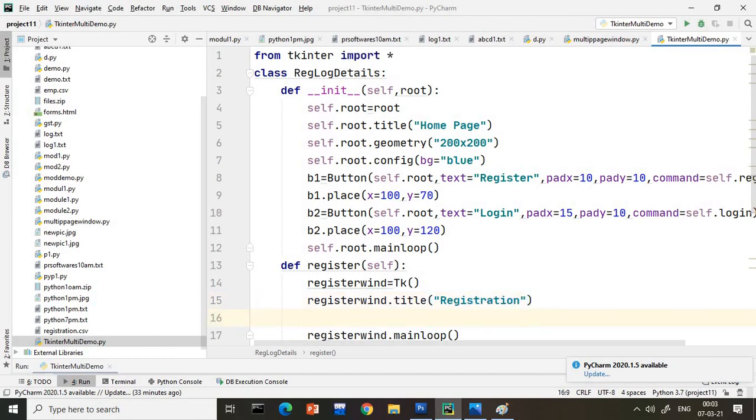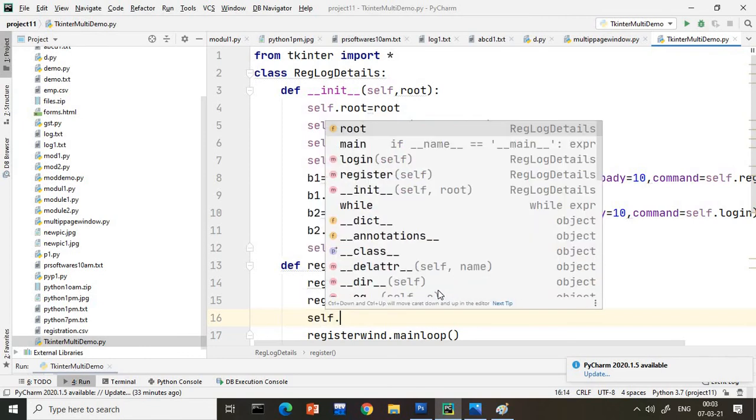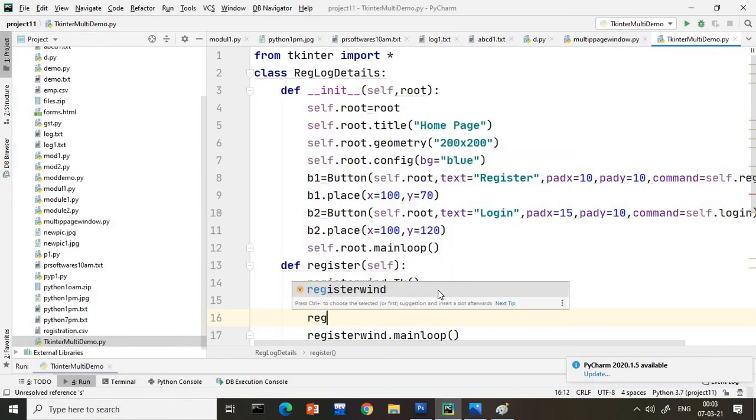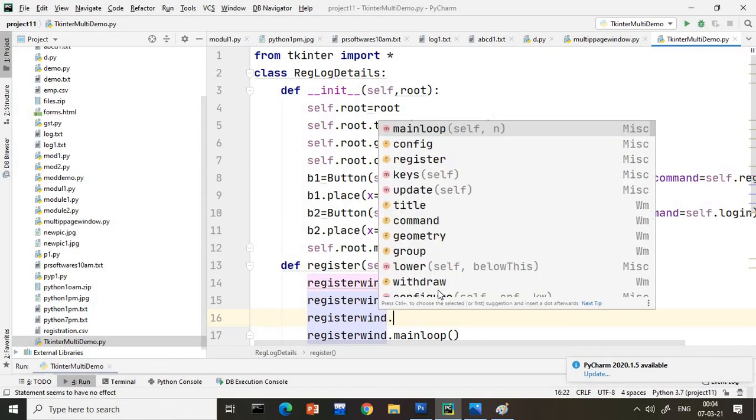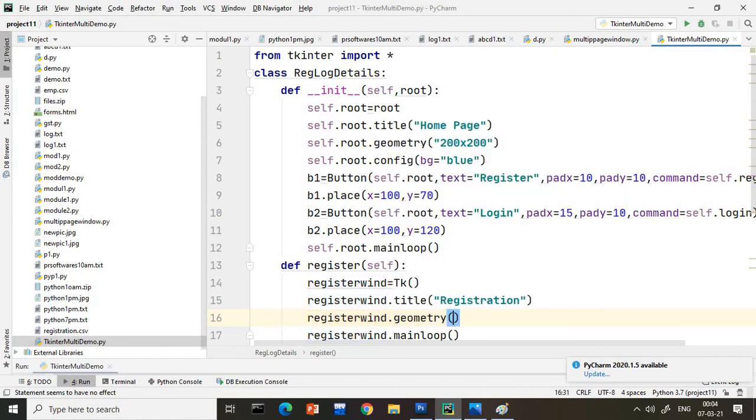And if you want any specific color code and window size, you can just change it. No need to write cell, because I did not use cell. Guys, when to use the cell, that I will also tell you when I make the complete application, because I am going to give you the complete layout step by step, part 1, part 2 and part 3 with database connectivity. I will explain it. So register window, after that what we need to do, in this window I need to set the geometry. Geometry is nothing but the size you want. So I will take 400 by 400, because here I am going to write a lot of code, so I will take a little bigger window.